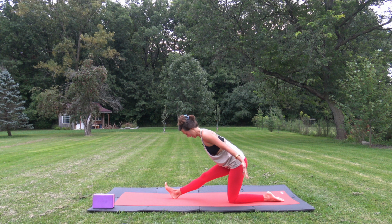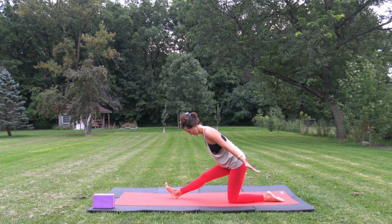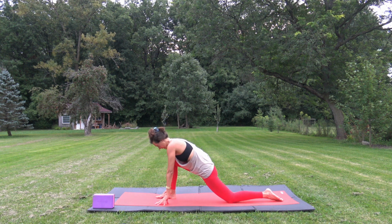Keeping the shoulders back, chest open, chin is in. Breathe. Beautiful. Now rebend your right knee, plant your hands down on the ground, frame your right foot, tuck your left